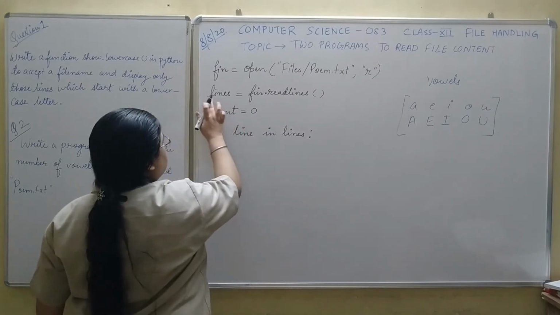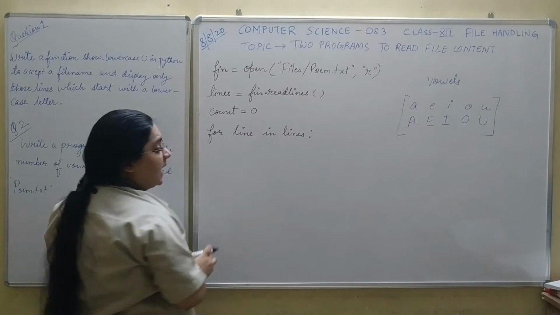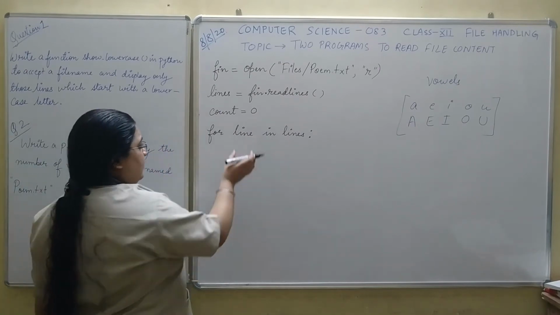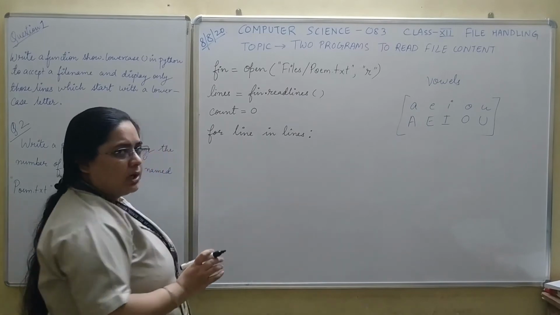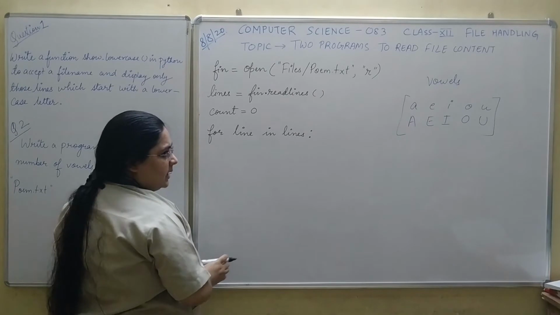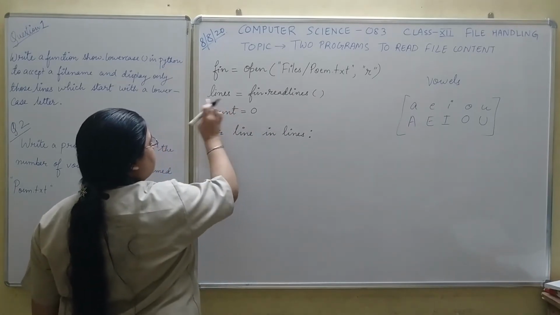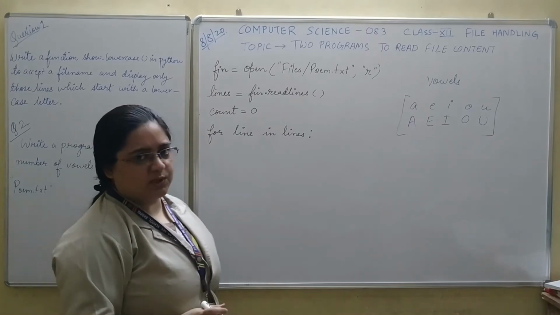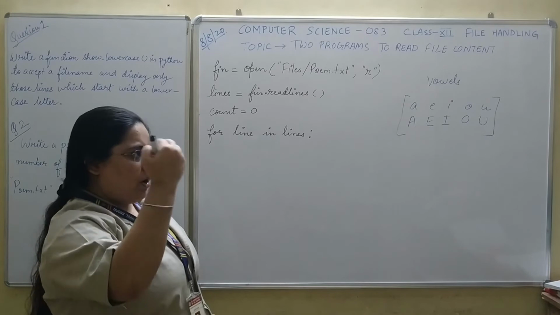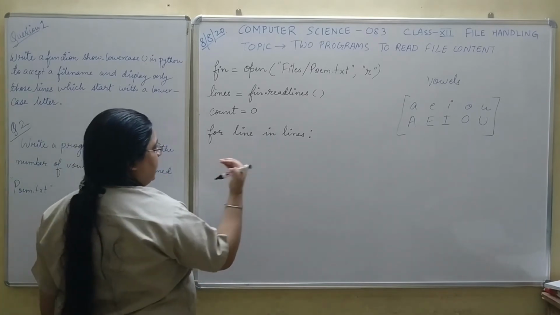Make sure, just pay attention here. Here we have lines and here we have line. Lines contains all the lines within the file, whereas one line is for only extracting one line at a time from the group of lines or the list of lines. As we know that here this lines is actually a list object which contains a list of all the strings. All the strings are what? They are individual lines within the text file.